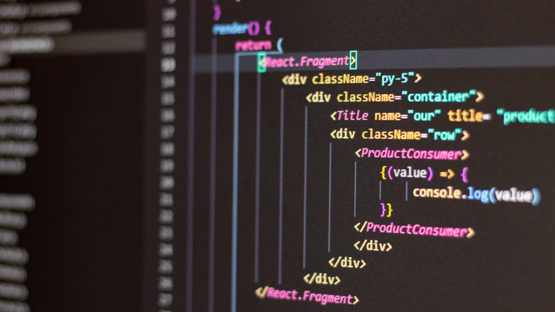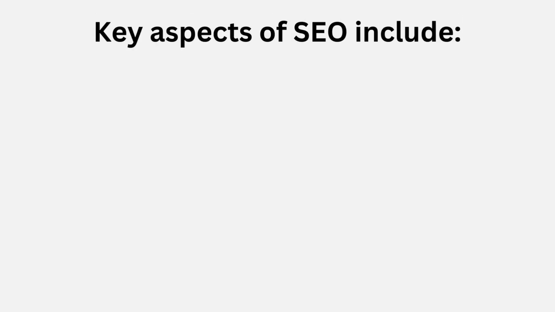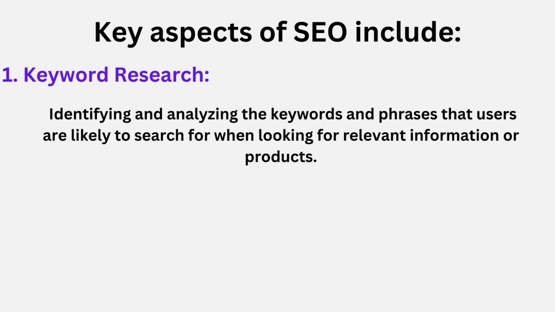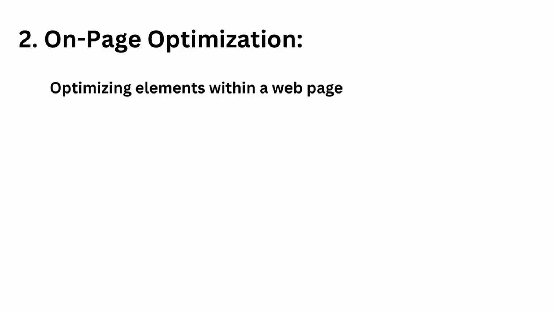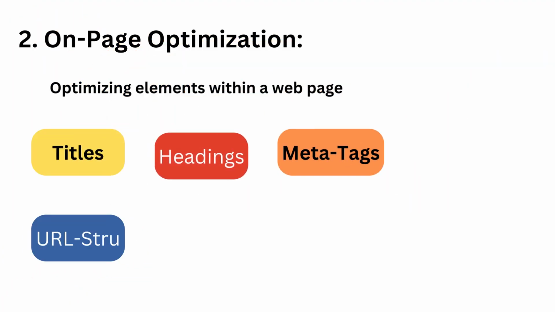SEO involves various techniques and strategies to optimize a website's structure, content, and overall online presence to meet the criteria set by search engines. Key aspects of SEO include: 1. Keyword research, identifying and analyzing the keywords and phrases that users are likely to search for when looking for relevant information or products. 2. On-page optimization, optimizing elements within a web page, such as titles, headings, meta tags, URL structure,